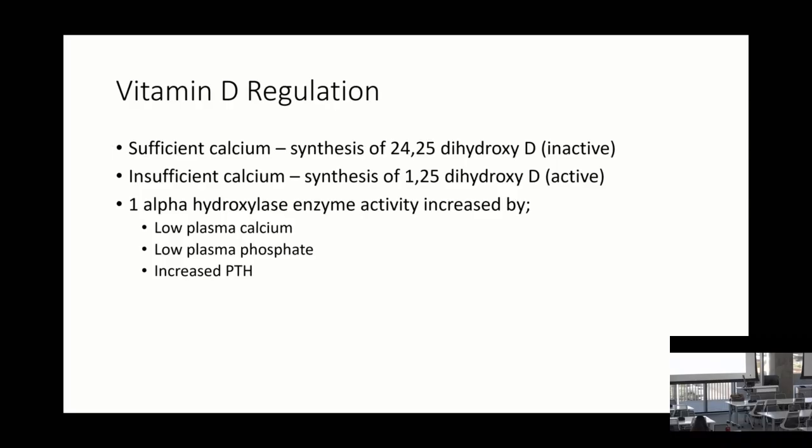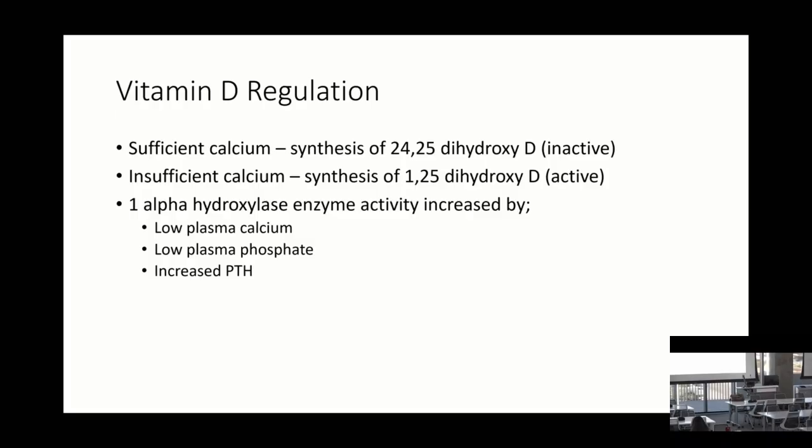Regulation of vitamin D. When there's sufficient calcium, we don't need to get more calcium, so we don't need vitamin D activation. Instead of forming 1,25, the kidney forms 24,25, which is an inactive form of vitamin D. But when there is insufficient calcium, you have 1 alpha hydroxylase activity to form 1,25 dihydroxy D. So instead of 24 hydroxylase activity, you have 1 alpha hydroxylase activity in an insufficient calcium state. That leads to increased